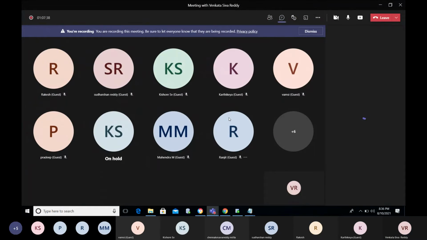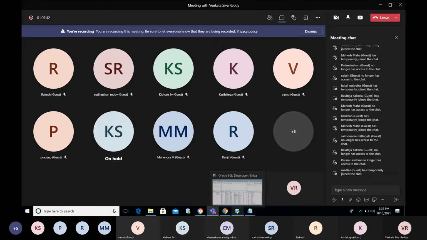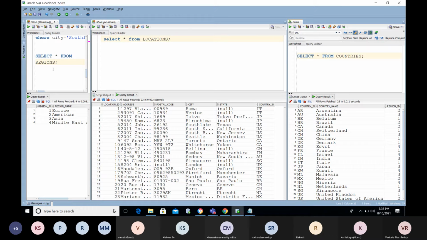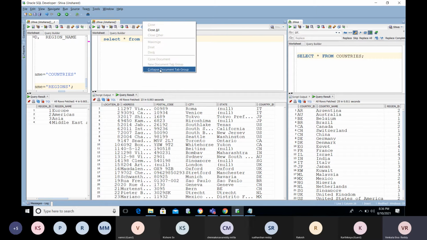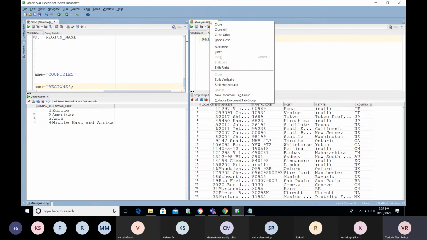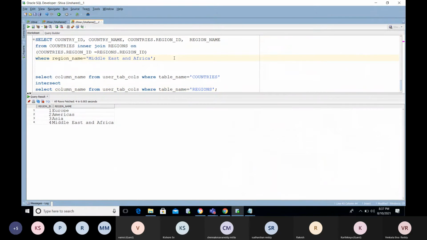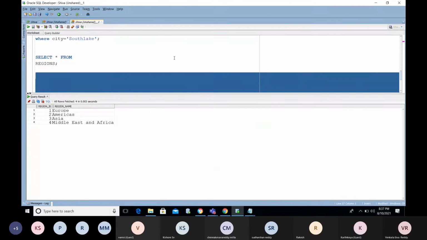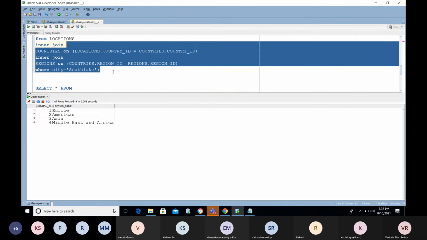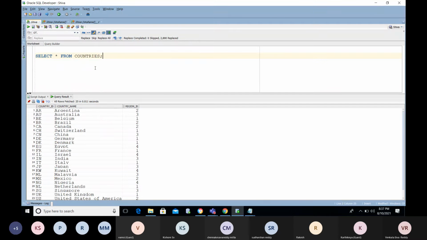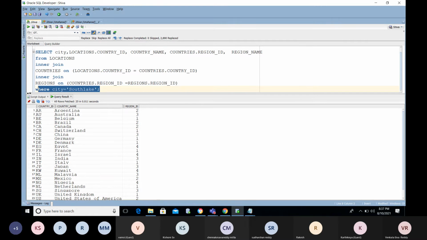Till now, no one has sent. Now I have the region ID, country code, city, and all those things.